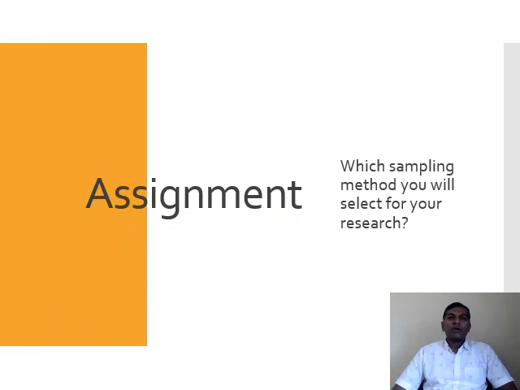Now we understood how sampling will work and what the use of sampling is. So think about your own research topic and decide whether you really want to work on a huge, complete data or not. If not, then which sampling method will be fruitful for you? You decide and write down a few important characteristics of that sampling method.